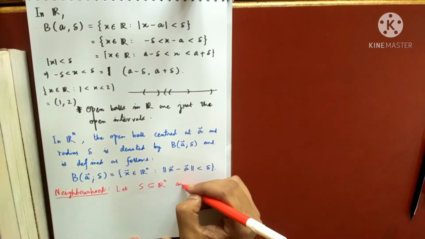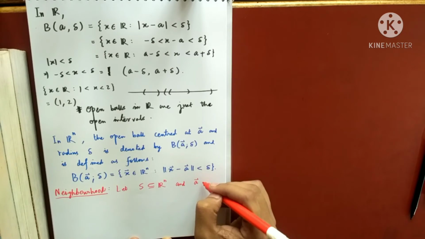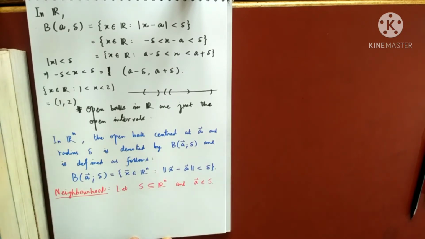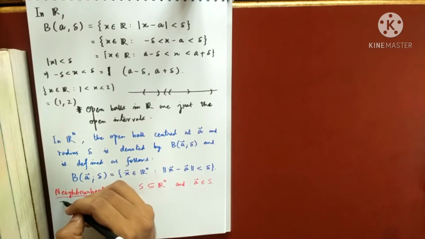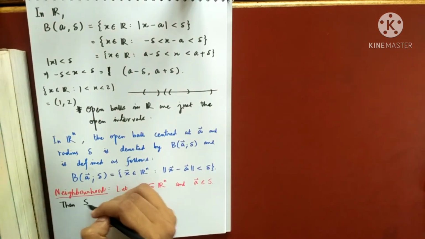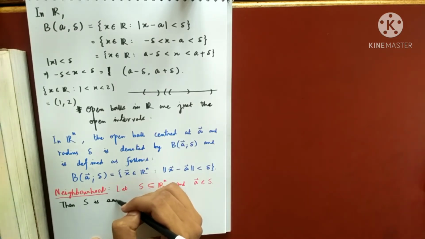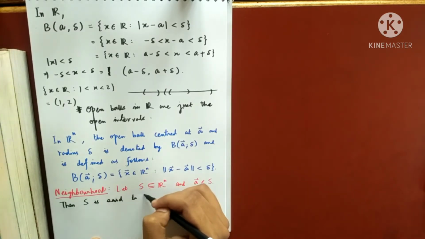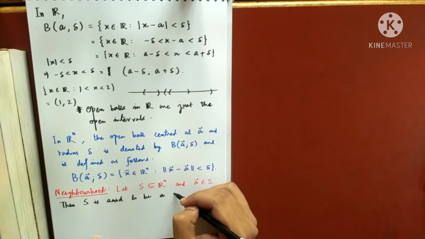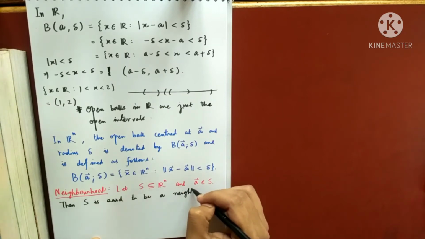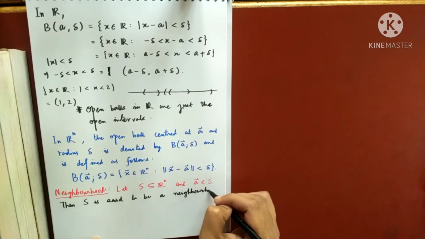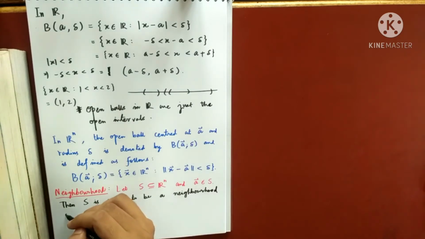And you consider any point inside this set. So I have some set, and I have some point belonging to that set. Then S is said to be a neighborhood of